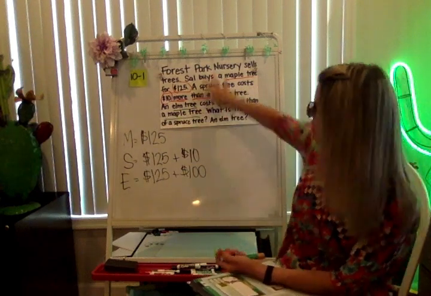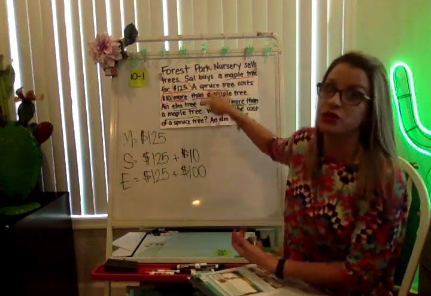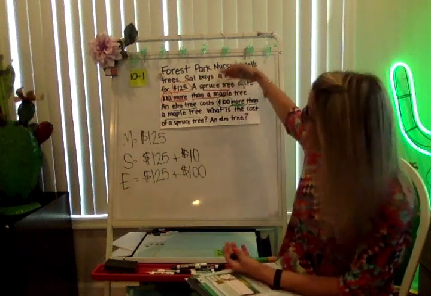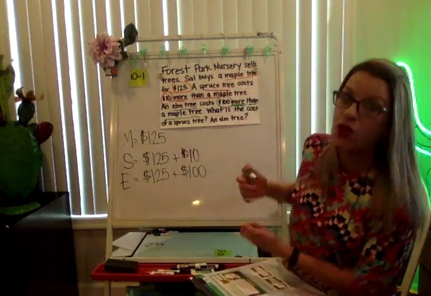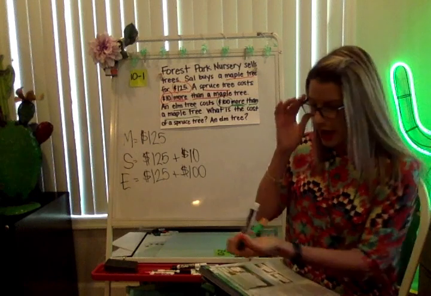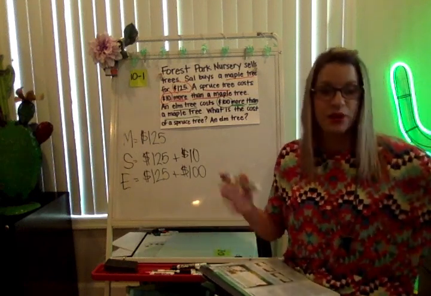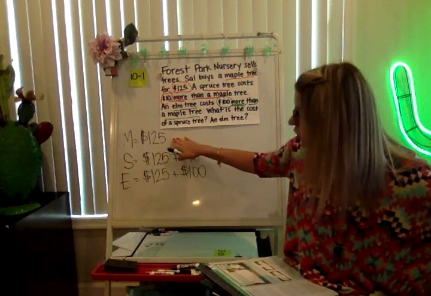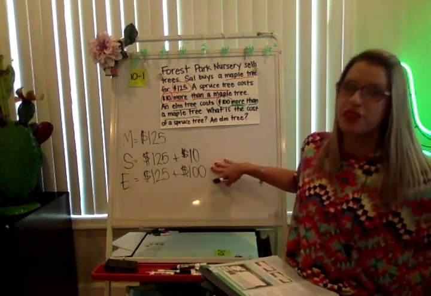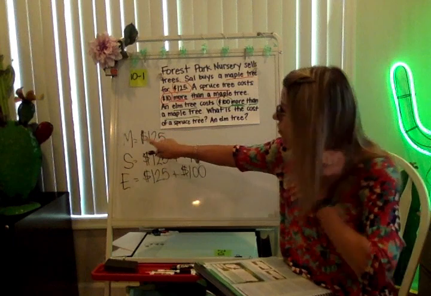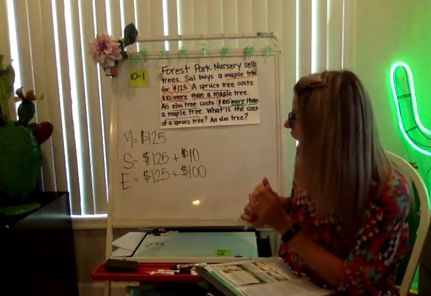So, when I read this problem, I had to go back and do a reread, and then I'm taking each little step that I know, and I'm breaking it down. That's the best way to solve a word problem, is to kind of break it down and figure out the things that you know and then try to solve for the unknown things. We know that our maple tree is 125. I can quickly add